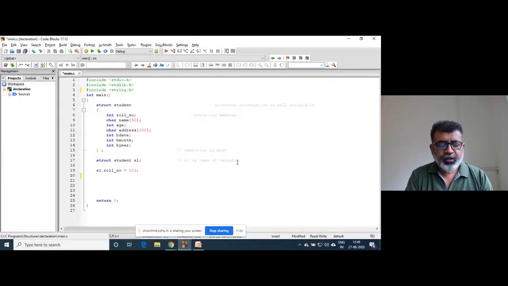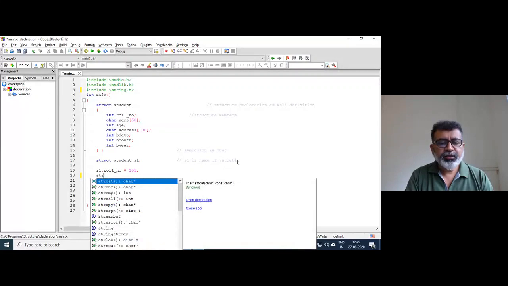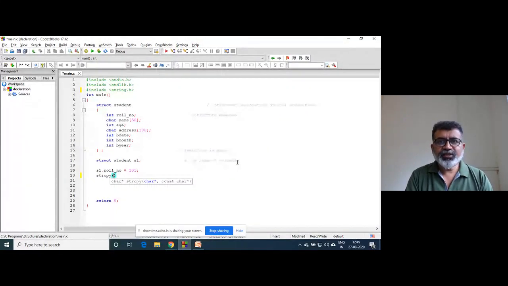So strcpy, right? And it takes two arguments: target string and source string. So you'll write name. What is the target string? We want to store the name in this, not of s1, right? So s1 dot name, comma, we'll write